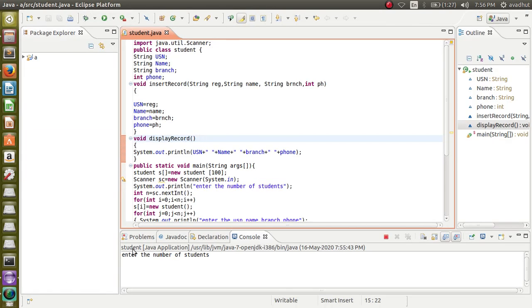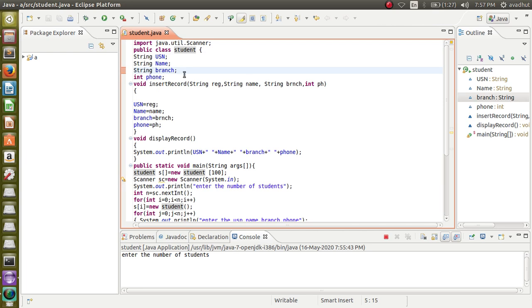We are doing this using Eclipse. Now here I have written a complete program. So import java.util.Scanner. This is just like the header files which you import in C programs. Like that, whatever packages we are going to use, we import here. Then next is public class student. So class is the keyword, and student is the name of the class here. What is a class? A class is a collection of variables and functions.